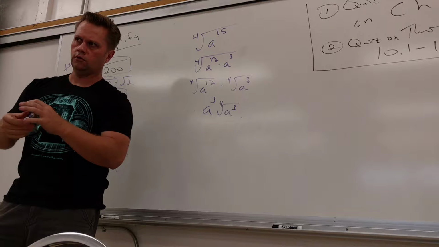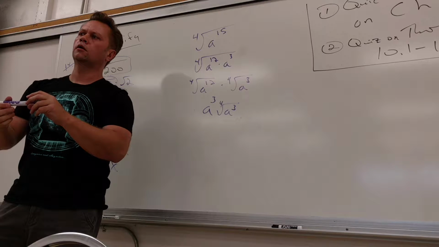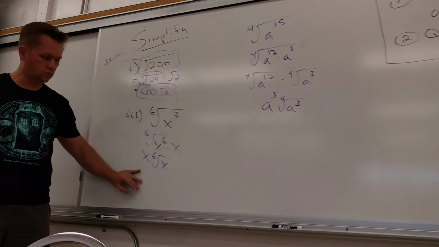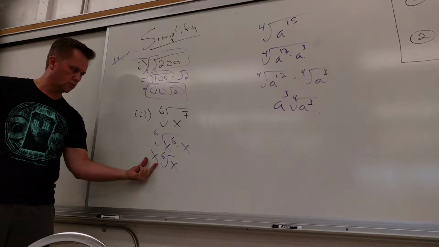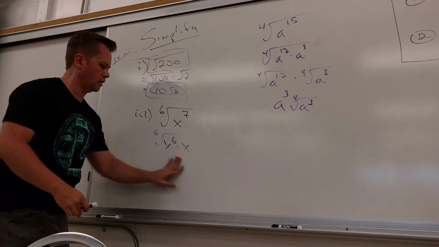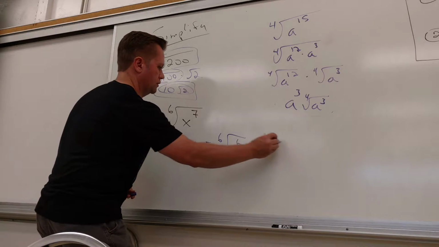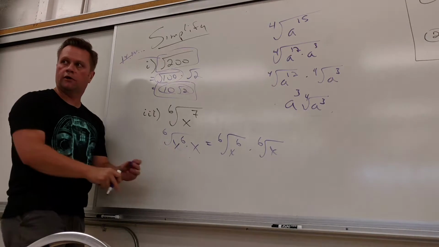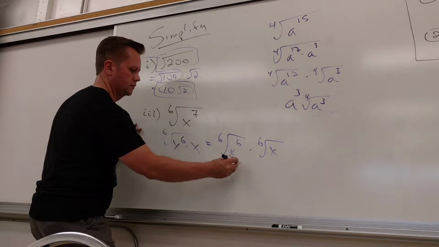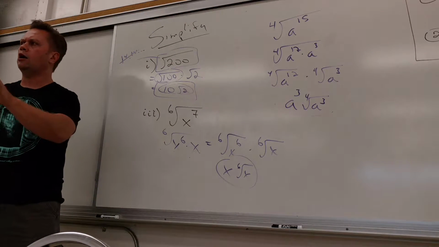Okay, well, the 6th root of x to the 7th is divided into x to the 6th and x to the 1st, then 6th root of x to the 6th is x. Good. Times x. So I can rewrite this as the 6th root of x^6 times the 6th root of x. The 6th root of both of them, right? That's x times the 6th root of x. Done. Do you guys see how that